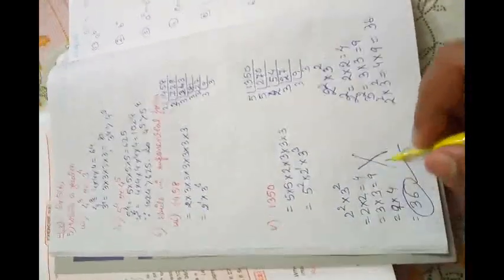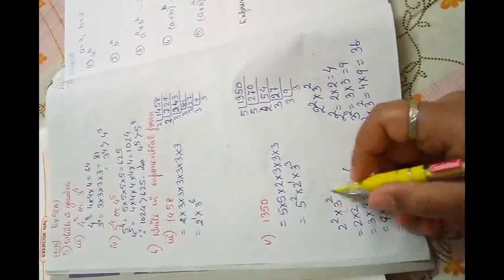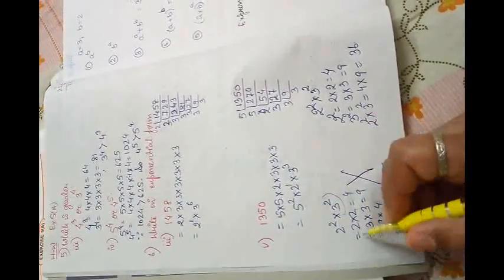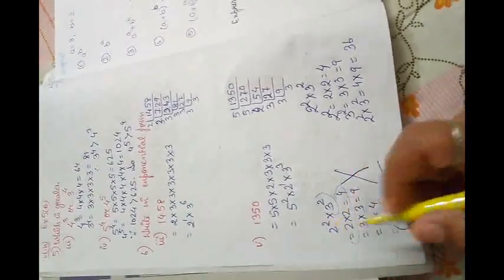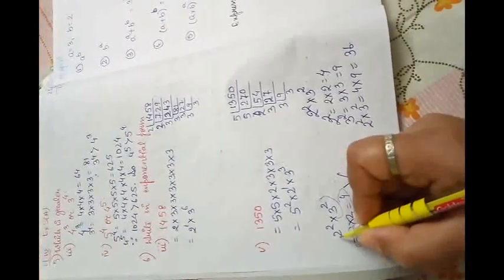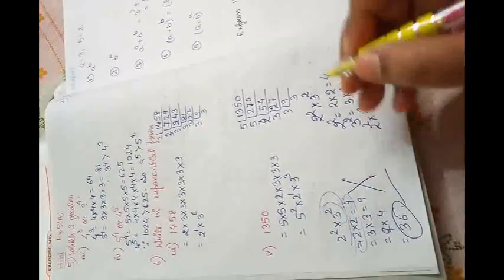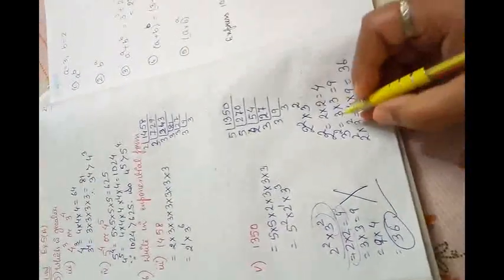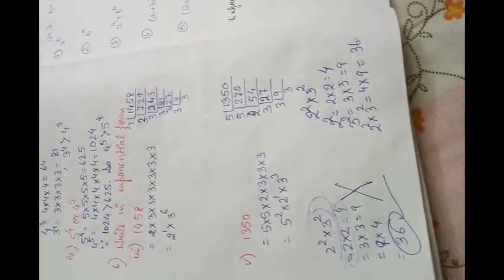This is completely wrong because 2 to the power 2 into 2 is correct, but where does 3 to the power 2 go? Again, if I ignore this step, we have 3 into 3, but where is 2 to the power 2? Writing equals means you are just writing a next line which is similar to this line. So if you want to expand it, you write the number which you are expanding and then you proceed with the sum. I hope I am able to make clear the mistake that you have made.